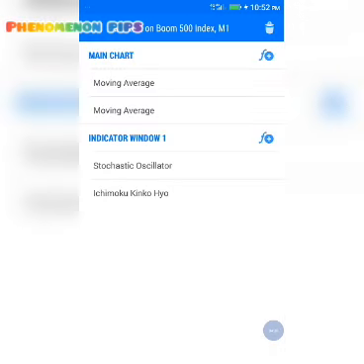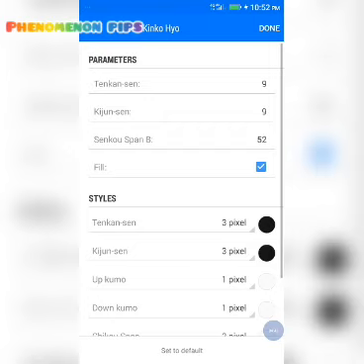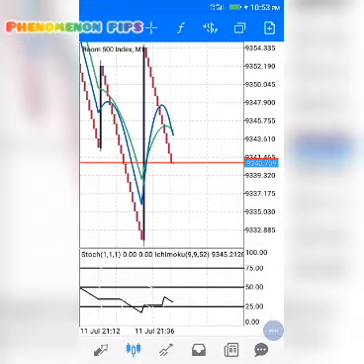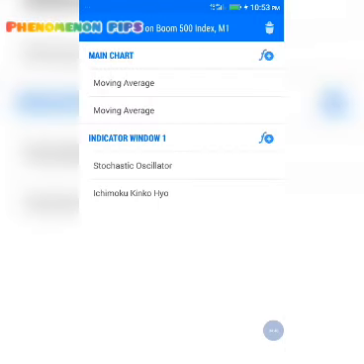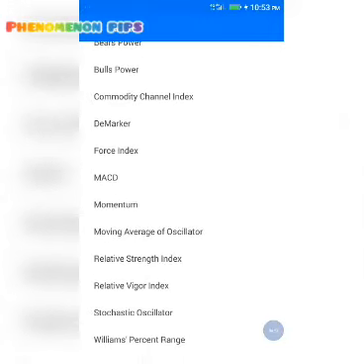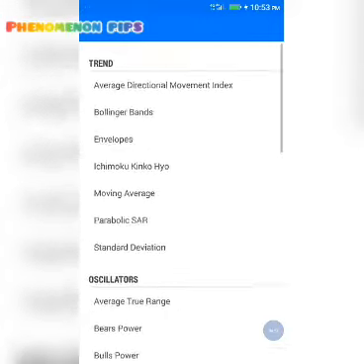Let me check whether we made a mistake. No, there is no mistake there. 9, 9, yeah. Click done. Then we need to add another Ichimoku, because we are going to use three Ichimokus. So we are going to add another Ichimoku on our indicator window 1.